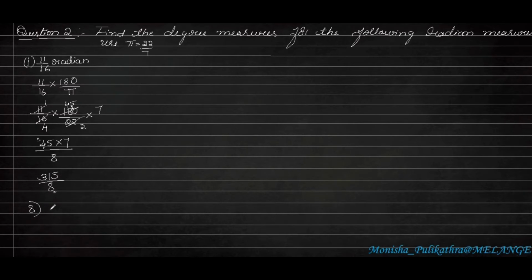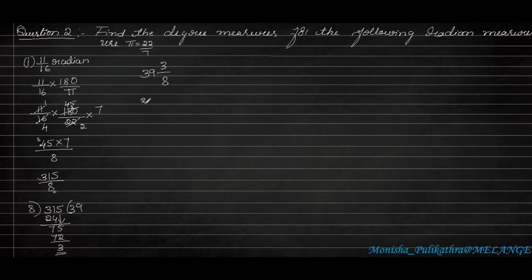Later we need to do the division form of it. That is 315 divided by 8. So here 8 3s are 24. The remaining will be 7 and 5 here. So 8 9s are 72. The remainder is 3. So we can convert this 315 by 8 into a mixed fraction. 8 is already in the denominator. So we write 39 3 by 8. So 315 by 8 can be written as a mixed fraction like 39 3 by 8.